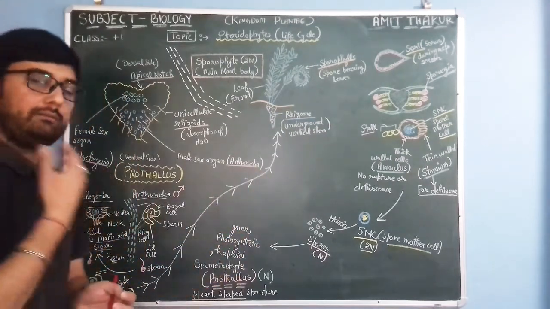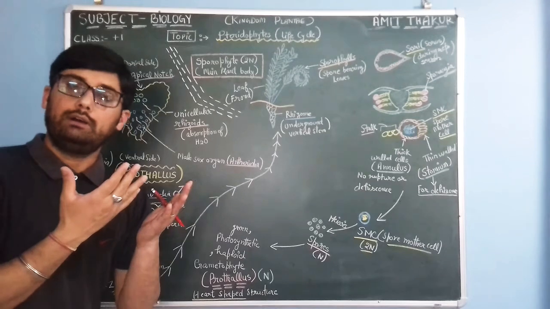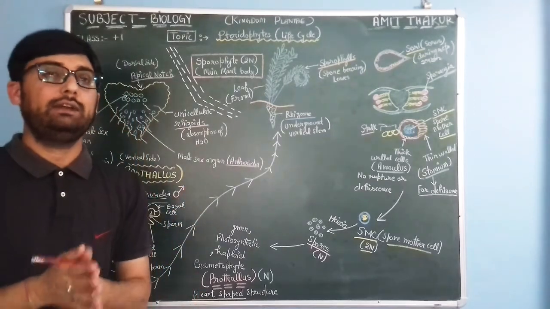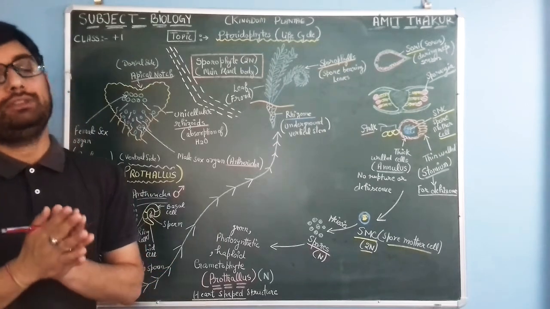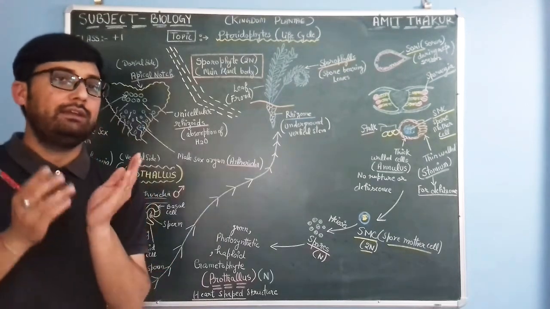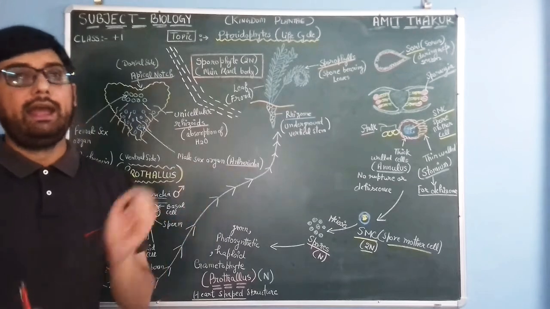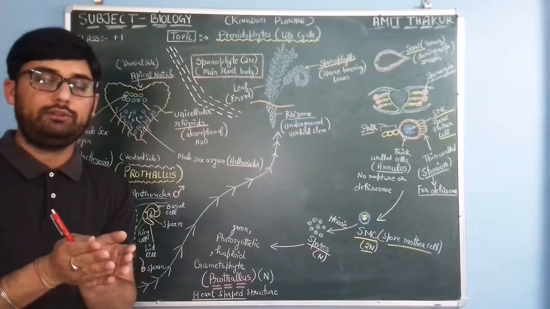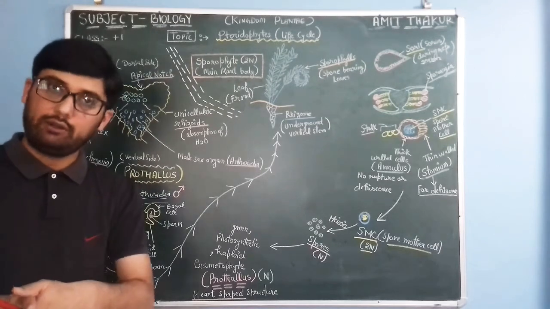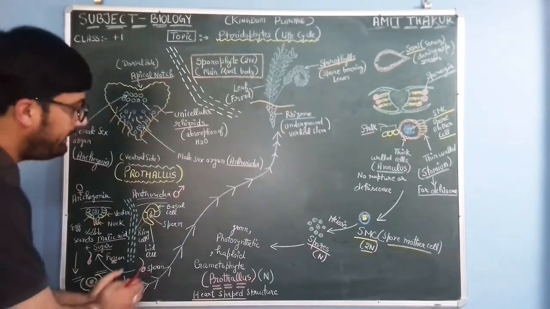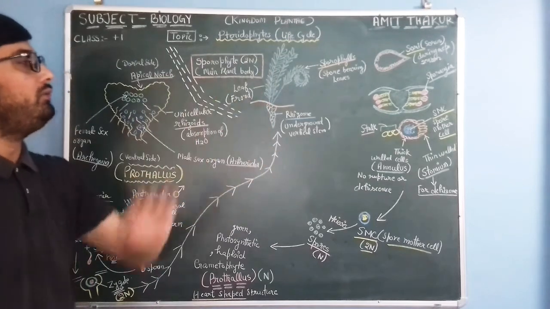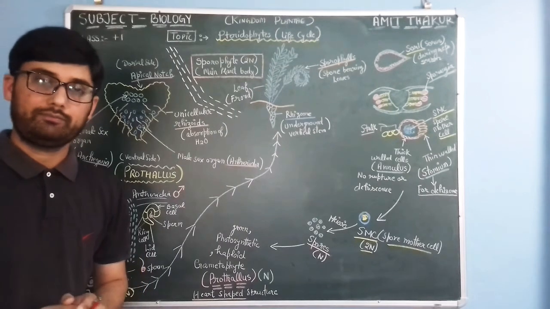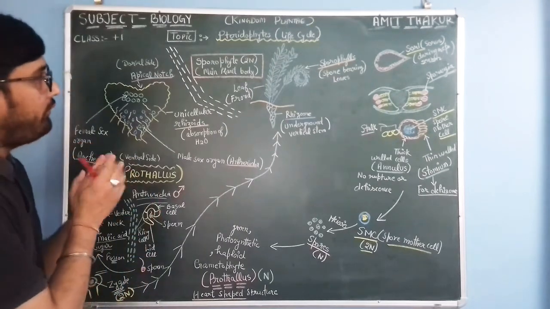These spores, after germination, become the haploid, green, photosynthetic gametophytic body, which is known as prothallus. Prothallus develops male and female gametes, and those male and female gametes get fused to form a diploid zygote, and that zygote then develops into the sporophytic body, which is the main plant body. So that is all about pteridophytes.